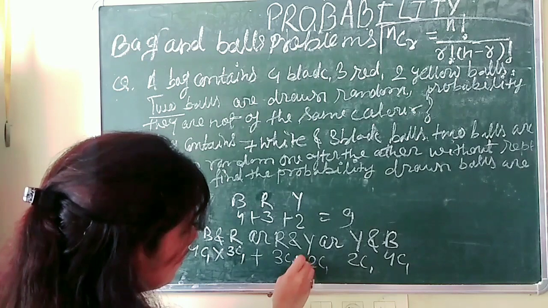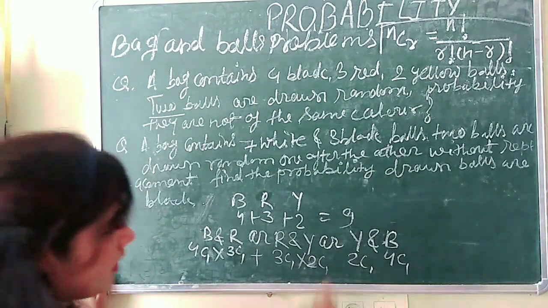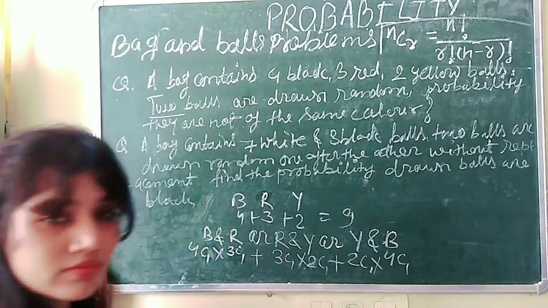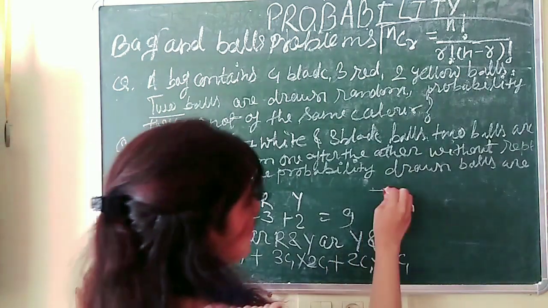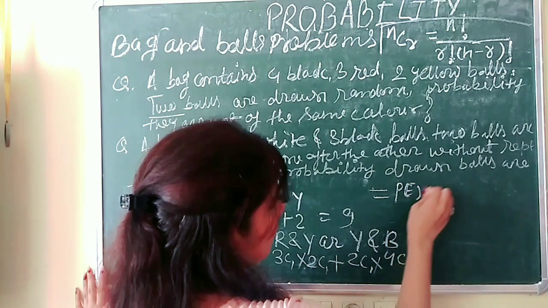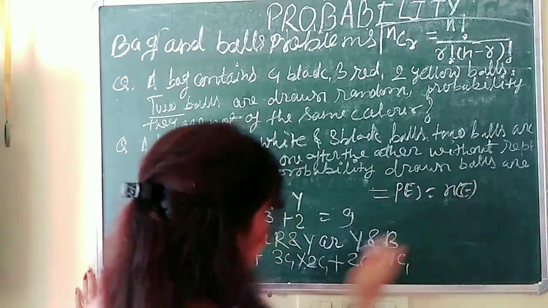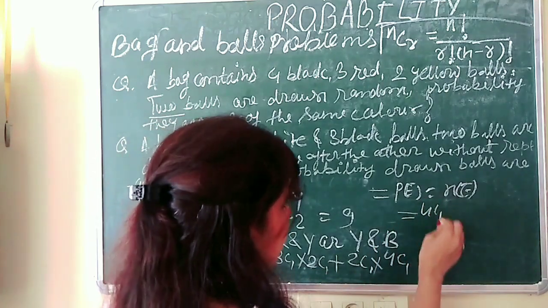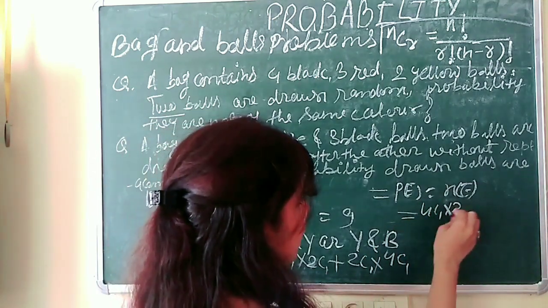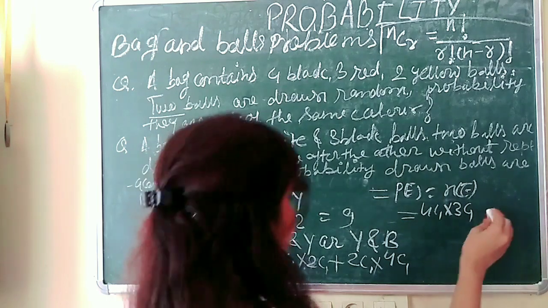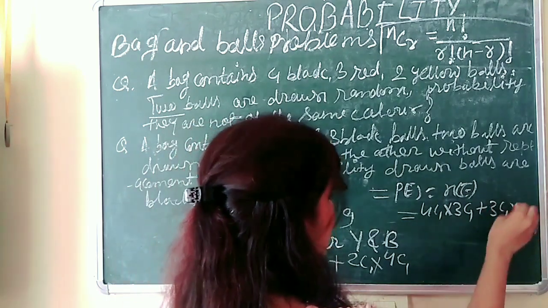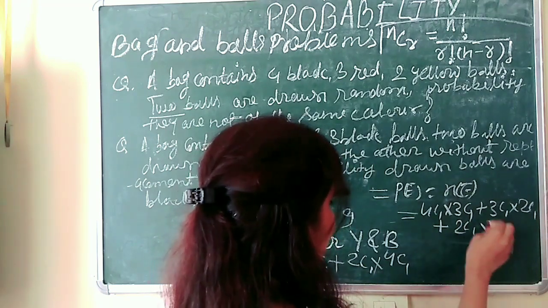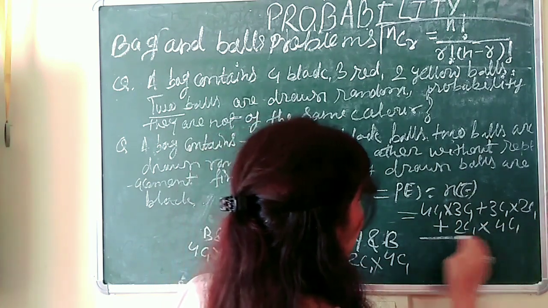Here we will put multiplication again, here addition, and here multiplication again. So that will be 4C1 cross 3C1 plus 3C1 cross 2C1 plus 2C1 cross 4C1, upon